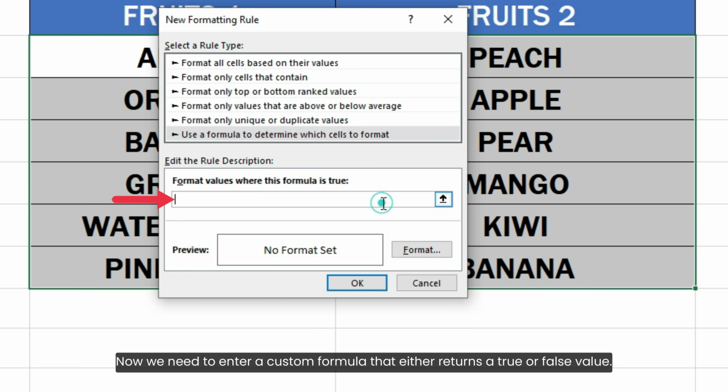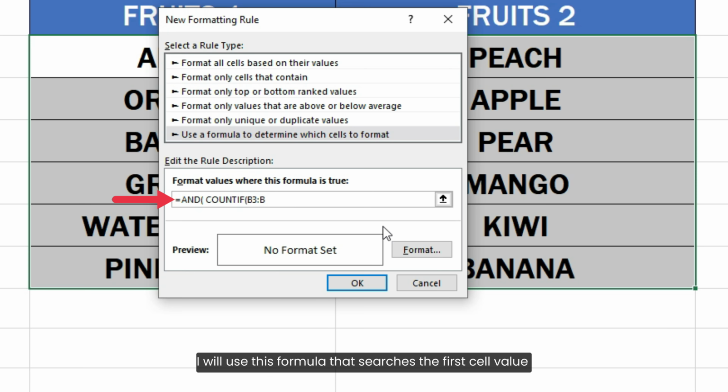Now we need to enter a custom formula that either returns a true or false value. I will use this formula that searches the first cell value in both columns and counts them using the COUNTIF function. If the value is found, the COUNTIF function returns a positive number which will be considered as a true value by Excel.